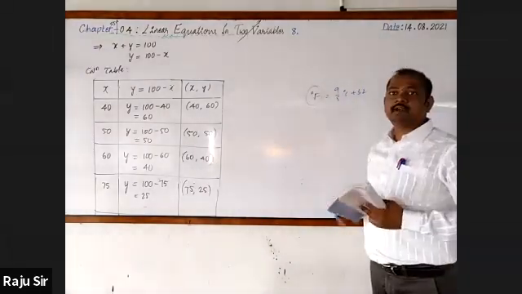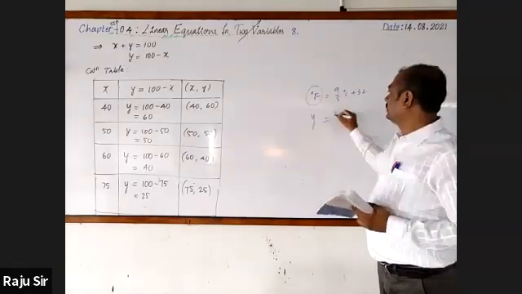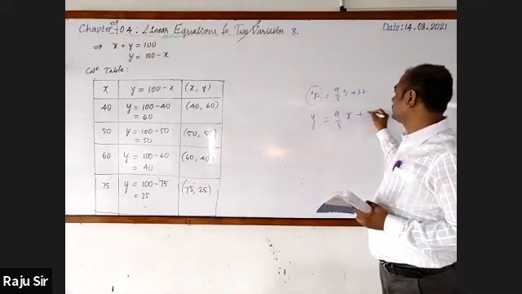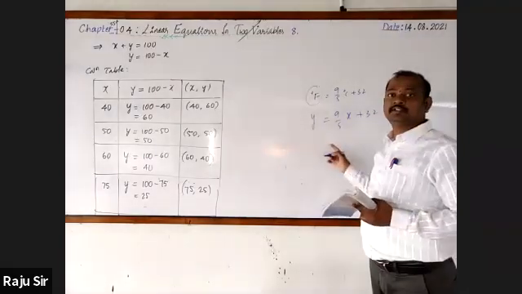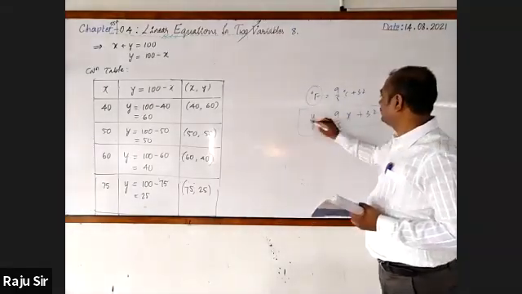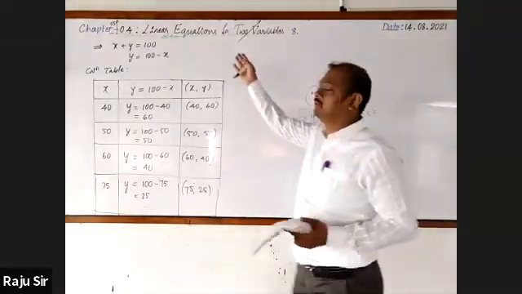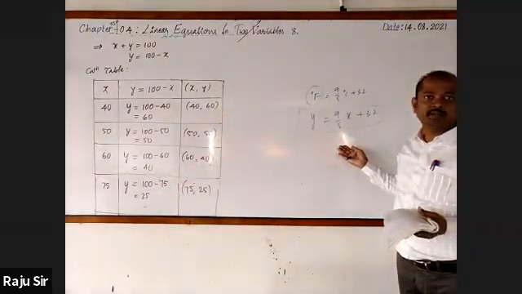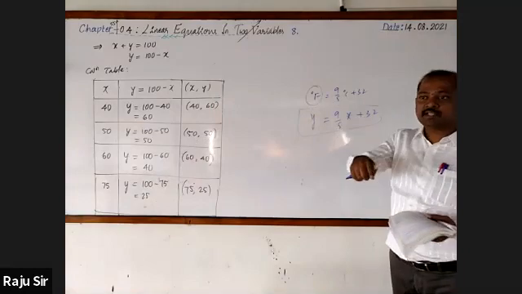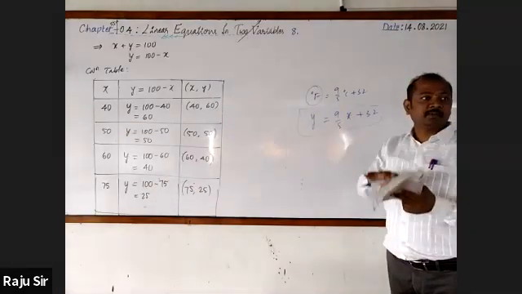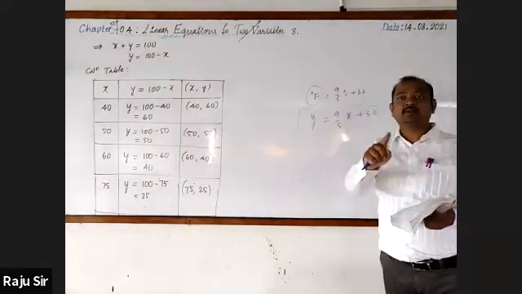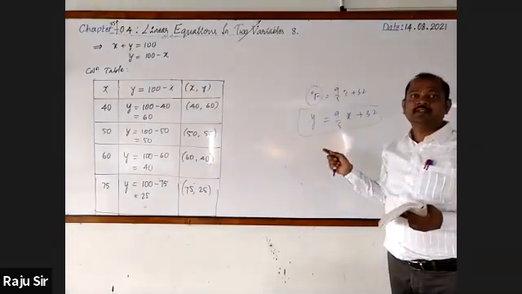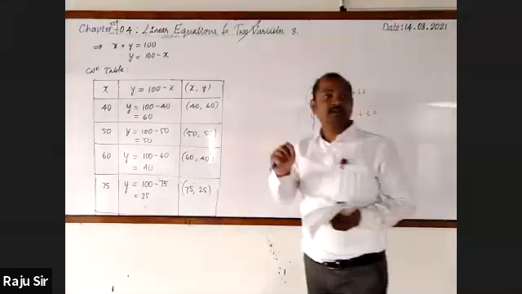I take the Fahrenheit scale as y and the Celsius scale as x. I got an equation, a linear equation in two variables, and for this we shall go for drawing the graph. Science concept and math concept have been clubbed together and made into one question. That is why it is called an interdisciplinary question.